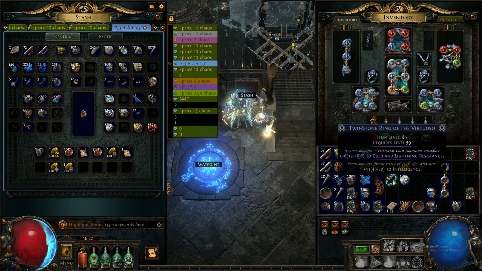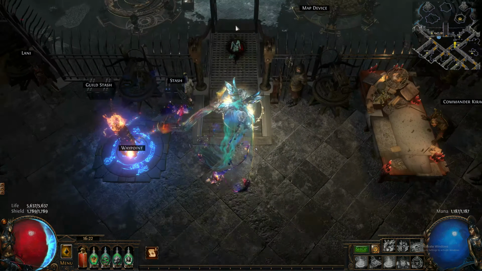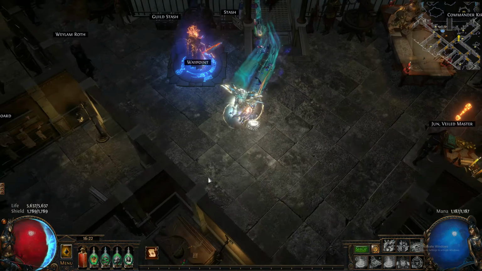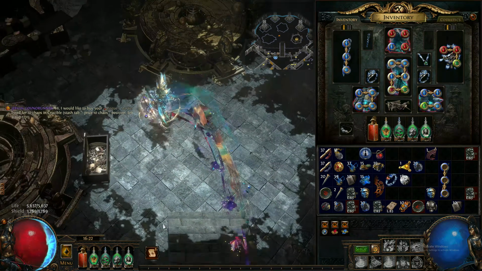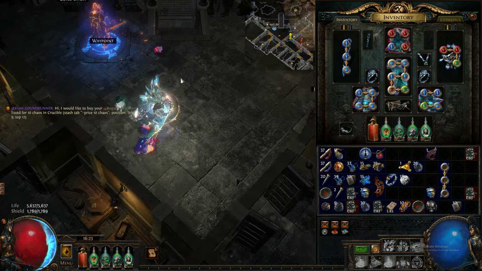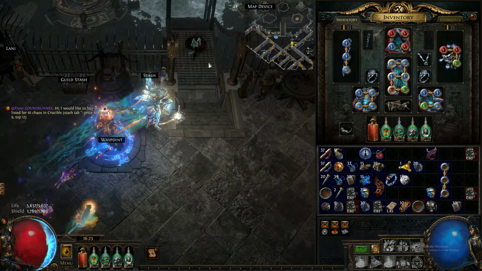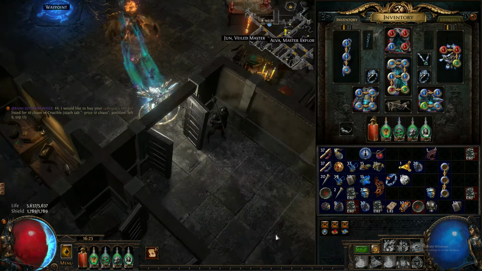The only thing you cannot do to a fractured item is add an influence to it. You cannot give it Hunter modifiers or Shaper modifiers, and also you cannot give it the synthesis implicits. But most of the time, the items worth about 10, 20, 60 divines are going to be crafted with fractures